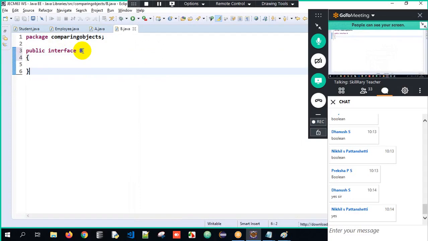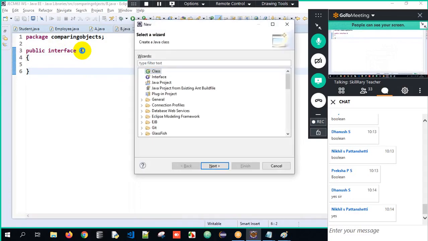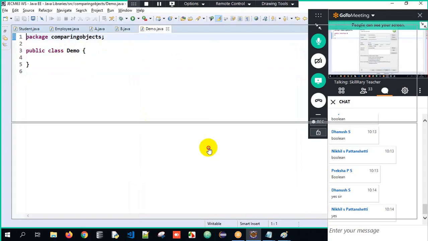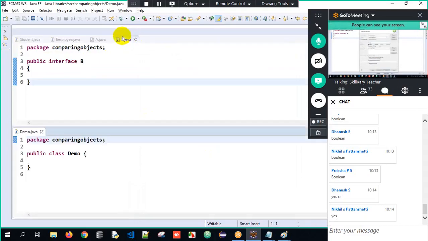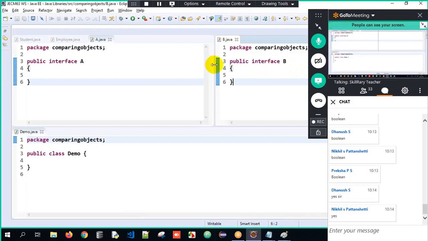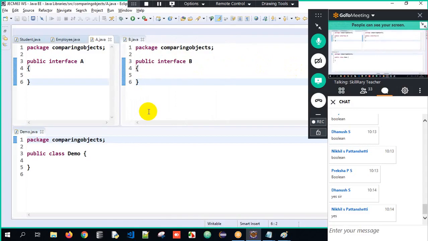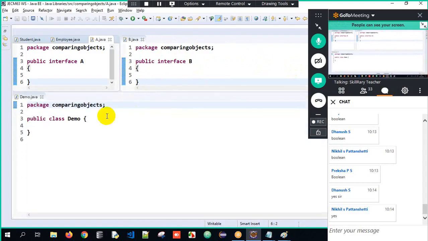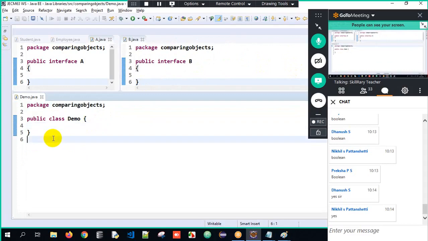Now I will have a class called demo. You have to answer my question, guys. My question is, can one class implement multiple interfaces at a time?